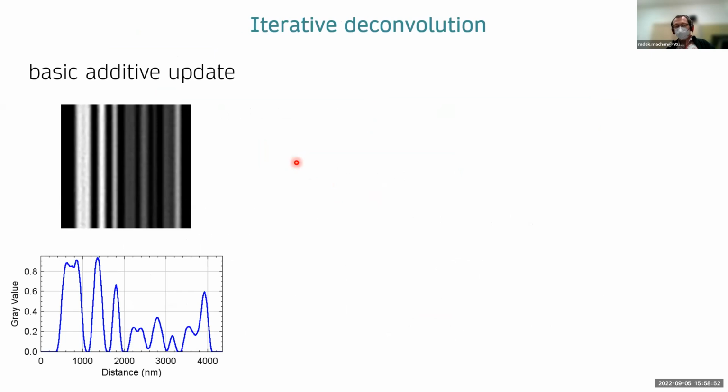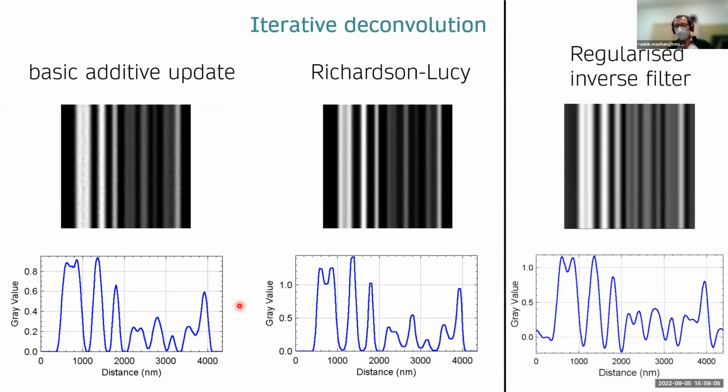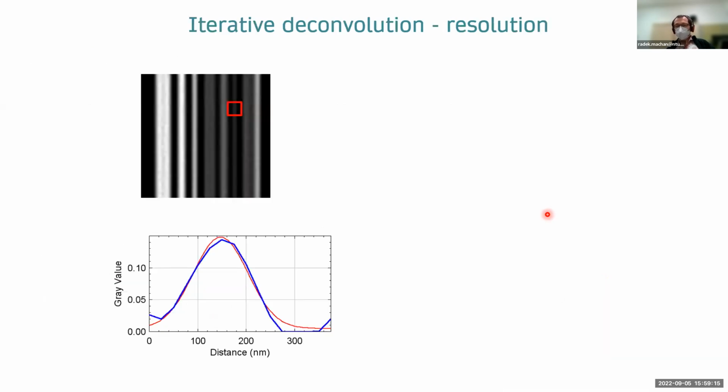So let's look at examples. This is what we get with the basic additive update. This is for Richardson-Lucy. You see in this case they look quite similar. And just for comparison, this is what we got with the direct deconvolution in frequency domain. Let's now look at what resolution we can get with this deconvolution